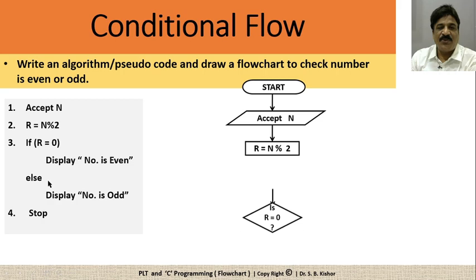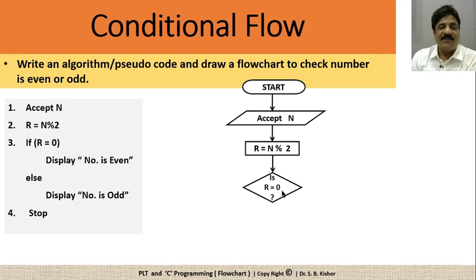So for that purpose we are going to use the kite symbol, which is referred to as a decision symbol. So here we have two options. It means either the condition is true or the condition is false. Now the question arises, where to draw the true part and where to draw the false part. So it is up to you only. There are no specific rules and regulations on where to go or what to follow.